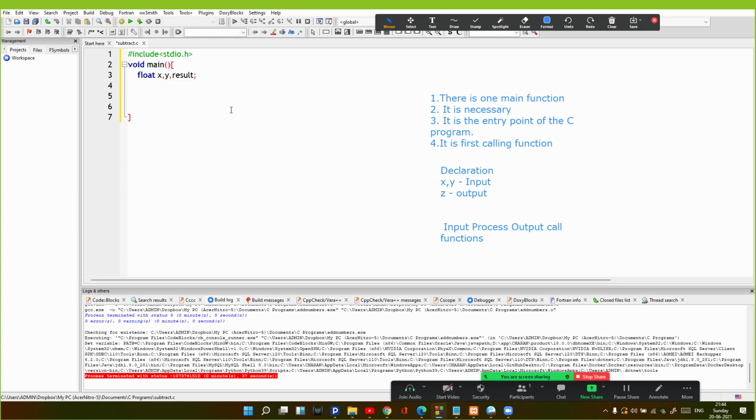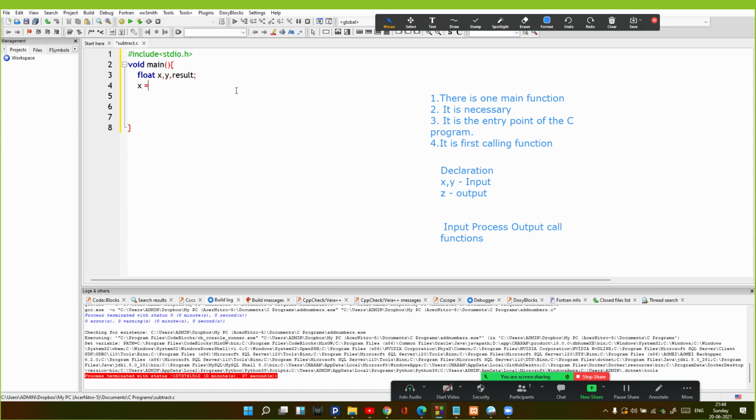So declaration of the variables is complete. This is the first step that you have to write when you are starting the main function. After this step, we have to give values to the input variables. There are two ways to do so. First is the static way, which is hard coding the values.